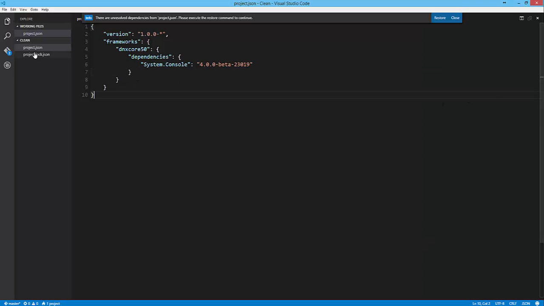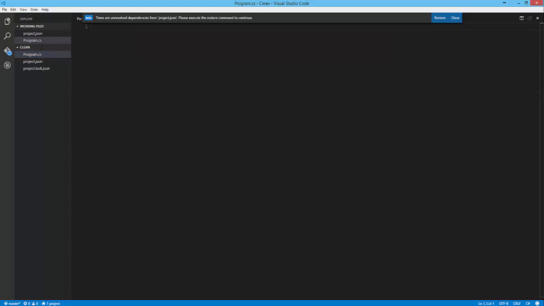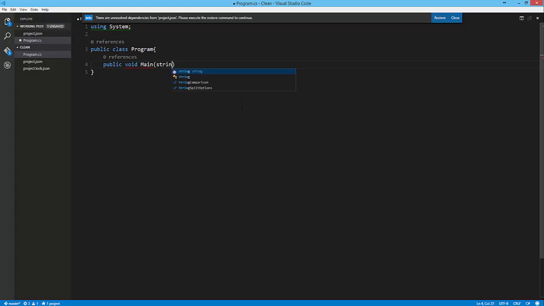Now when I go create a new class, I should be able to use normal C# syntax like using System; public class Program, and also have a public void Main, which accepts a string array of args, a typical console application.